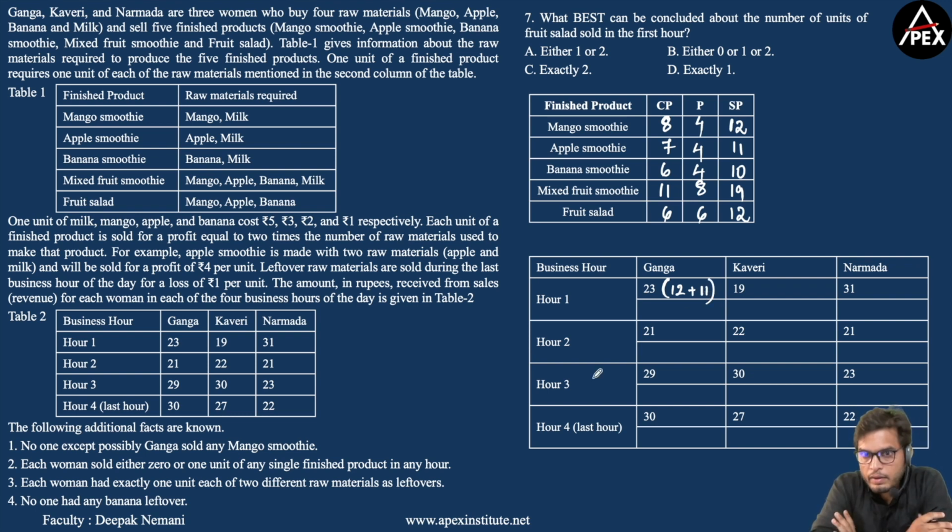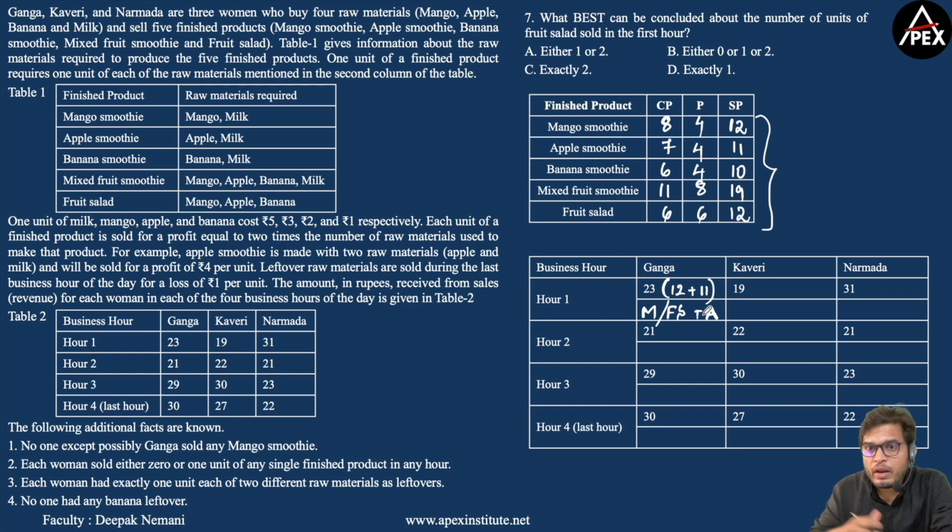So you can have Ganga receiving an amount of 23 rupees by selling 2 products of prices 12 rupees and 11 rupees. So that is the only way where you can have 23 as a sum of numbers belonging to these selling prices, right? 12 plus 11. So the finished product which corresponds to 12 rupees can be either mango smoothie or fruit salad. We do not know that. So this can be either a mango smoothie, M refers to mango smoothie, or fruit salad, FS. And the item corresponding to 11 rupees is apple smoothie, A,